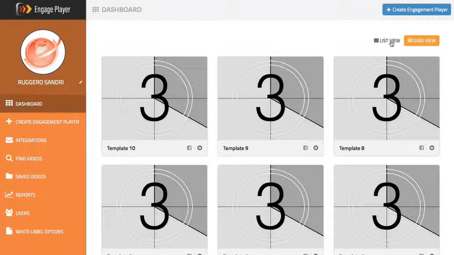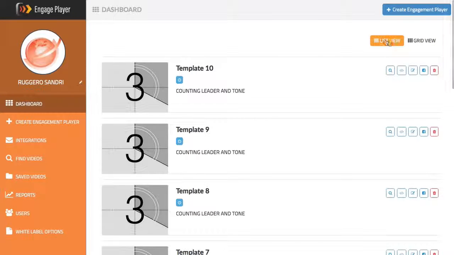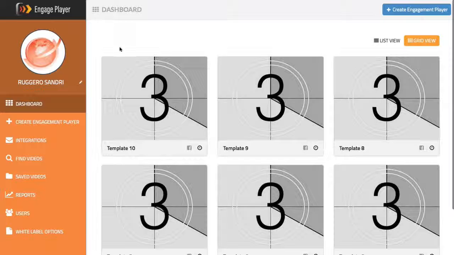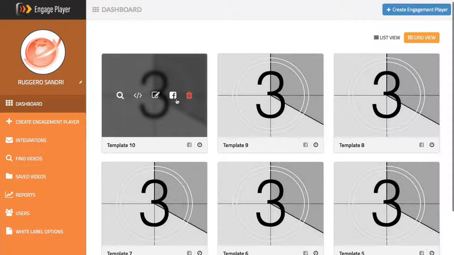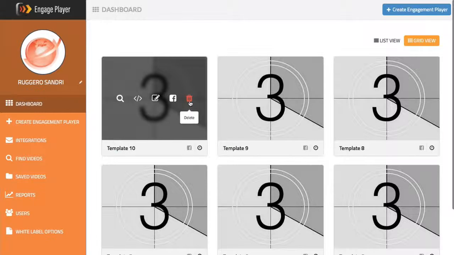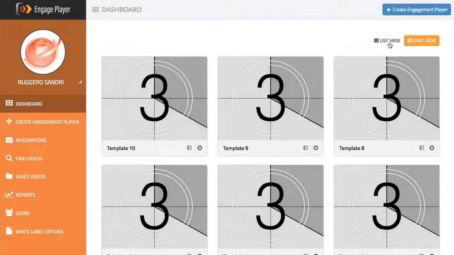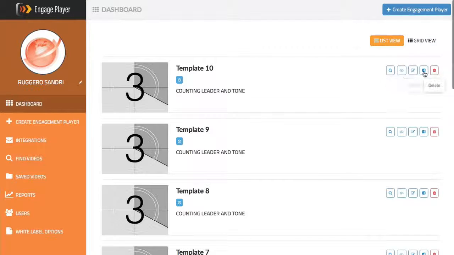Basically, we provide two different views: the grid view and then the list view here. On grid view, it will display the name of the engagement, as well as if we roll over, we can take a look at the preview, grab the embed code, edit it, push to Facebook, which I'll show you is a part of the premium plan, so I'll show you that in a bit. And then, of course, delete it. Now, those same exact options are available on the list view as well, right over here. All right, so